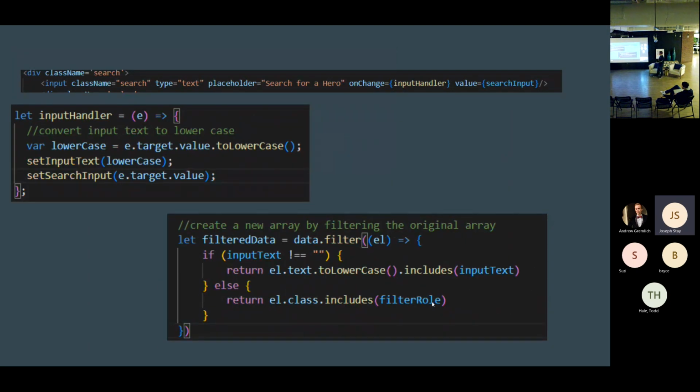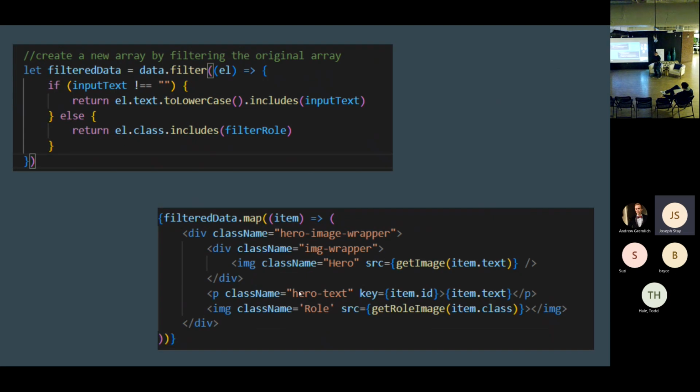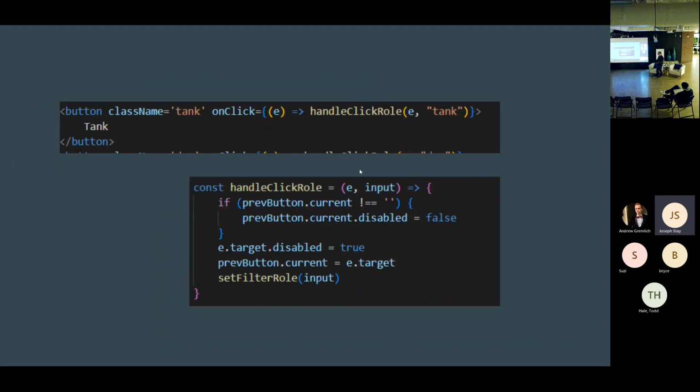And instead we're filtering it by the role, the class, instead of the names, the text. Yeah, it's not really more than that. And yeah, so that's it for those. Pretty simple, pretty fun, pretty dynamic.